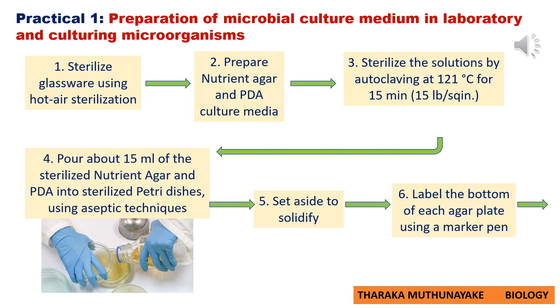When you do this in your school lab, simply you can light 2 Bunsen burners. You can place 2 Bunsen burners at either side. Then due to those Bunsen burners, the microorganisms in that surrounding air will be destroyed. Then it prevents contamination of our culture media from microorganisms found in the air. And also your desktop should be completely sterilized. For that we can use alcohol. We can wipe the desktop using alcohol.